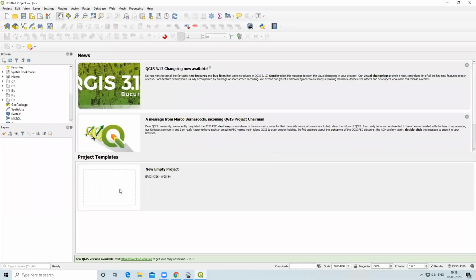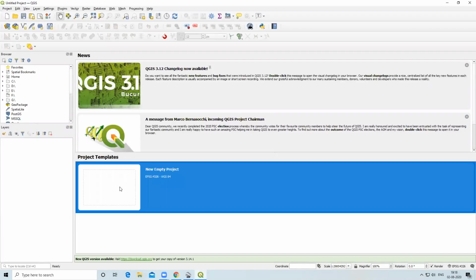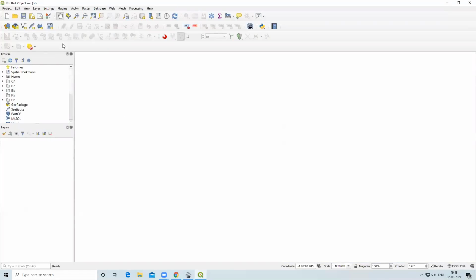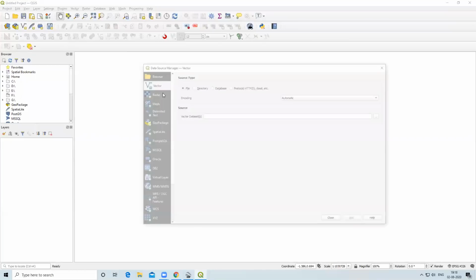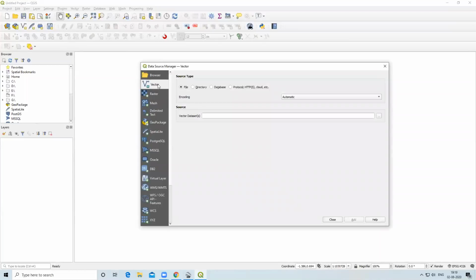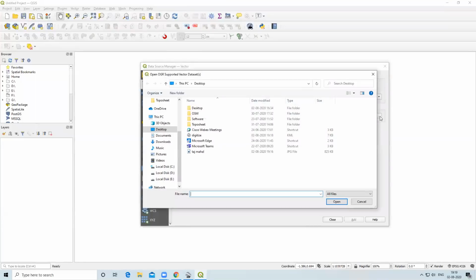Now I'll click on new project. If you want to add what we have just digitized, for that we'll go to Layer, Data Source Manager, Vector, file data. I will click here and this is our file.